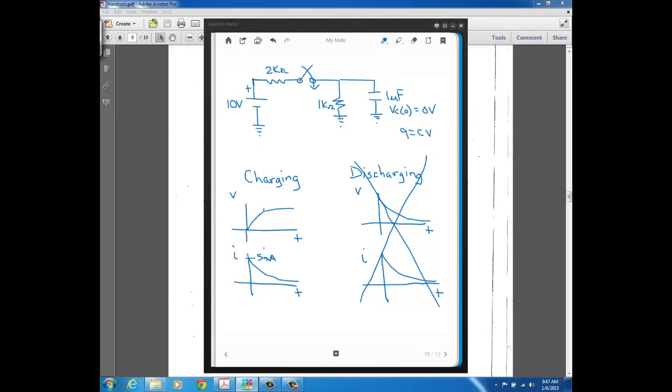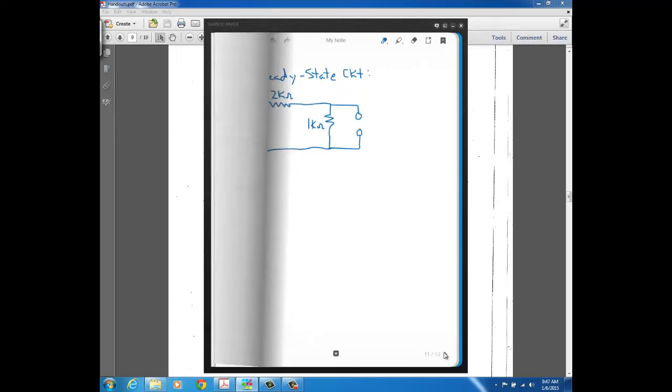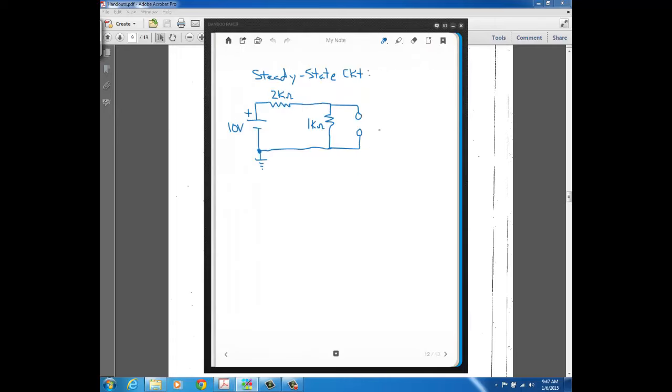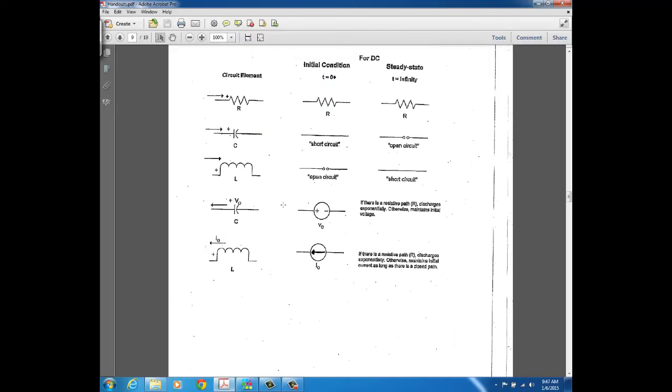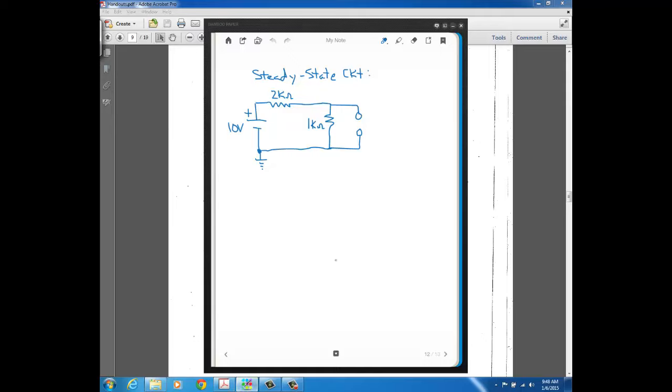Okay? Alright, so you see that's one analysis that we have to do to get the start points of these curves. To get where the curves end up, we do a steady state analysis. So for the steady state analysis, again, we draw the circuit as we had in the original case, but now we replace the capacitor with its steady state condition. So if we go back to our handout, an initially uncharged capacitor at steady state acts like an open circuit. So we just need to solve here